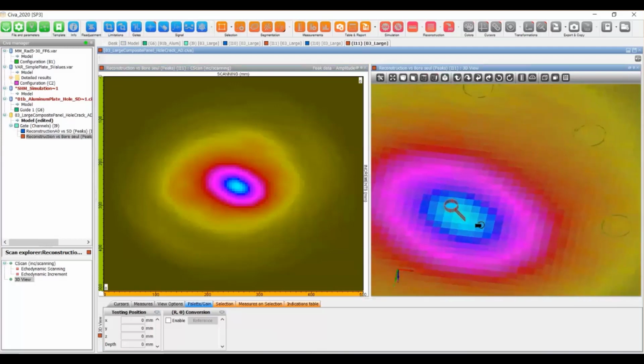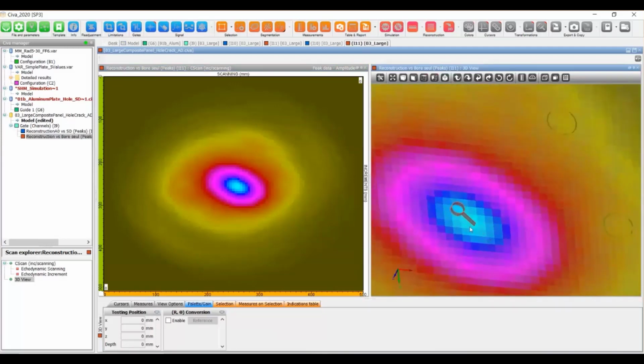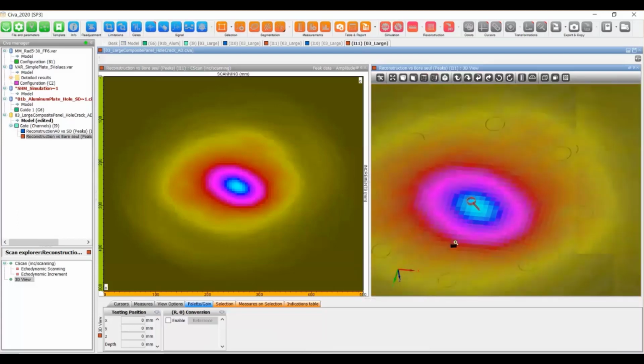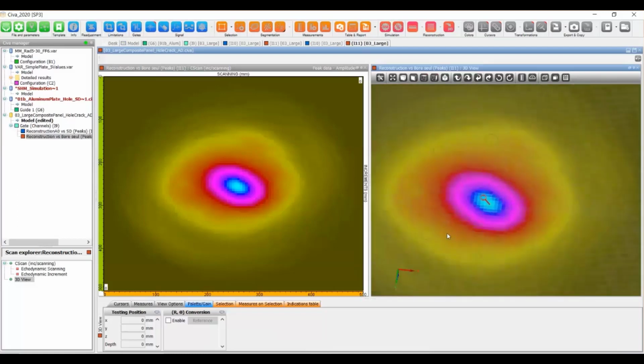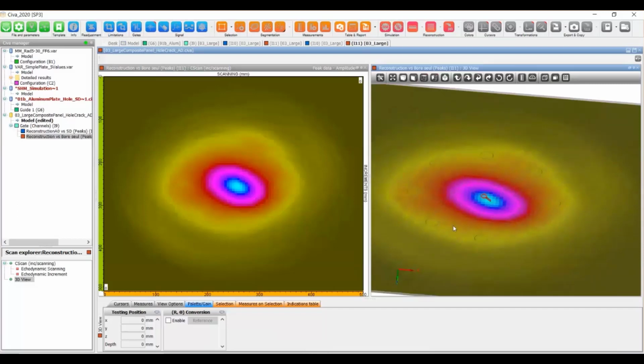So maybe you might be able to separate, let's say, hole and crack signatures with this strategy. Okay, so with 8 sensors here, the imaging identifies well this defect.